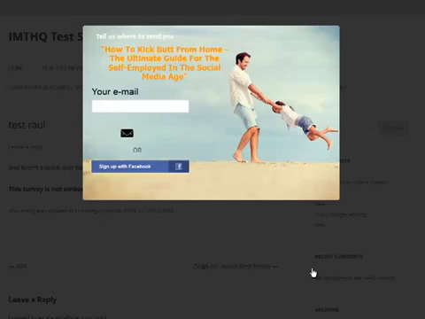And then, of course, this is not the prettiest one, but you get the idea. This is a different format. That's why I've used this. And you can have your email, you can capture a name if you want to, you can sign up with Facebook, you can have social media buttons on here, all that kind of stuff. So that is what we can do with this thing. So now, very, very quickly, let's have a look at the back end. So show you the core features in there.